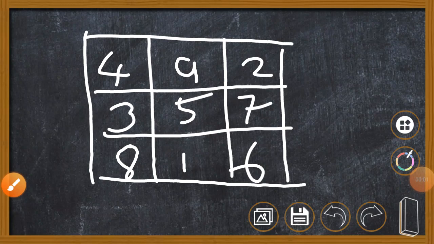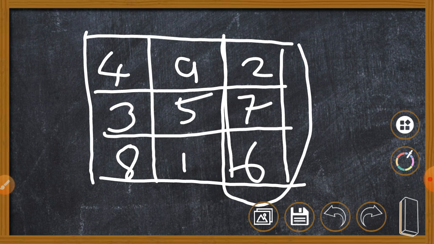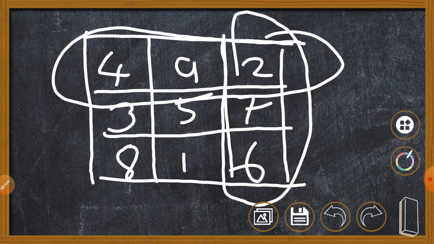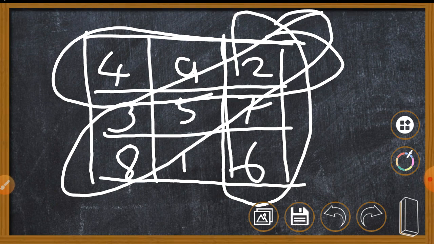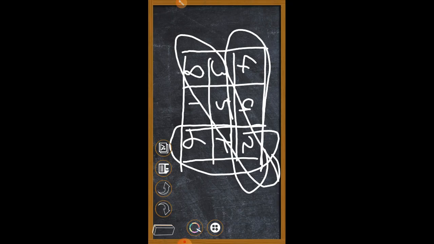Okay dude, so this video is going to be on magic squares. The main concept about magic squares is that whether you add it from top to bottom like this, or you add it from side to side like this, or you add it from corner to corner like this, you will get the same result of addition. Okay, so let's see.